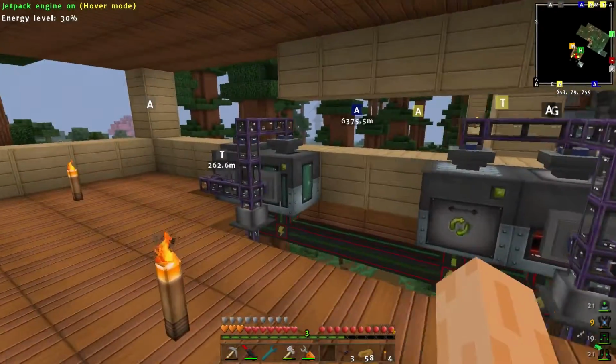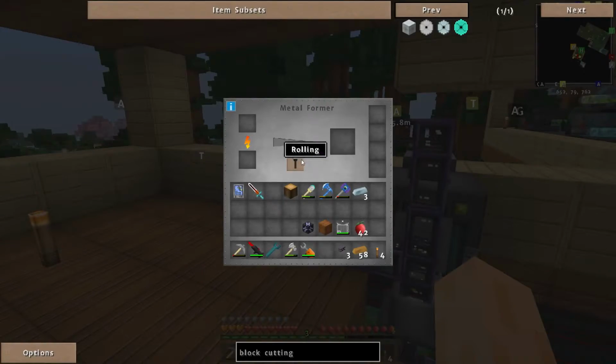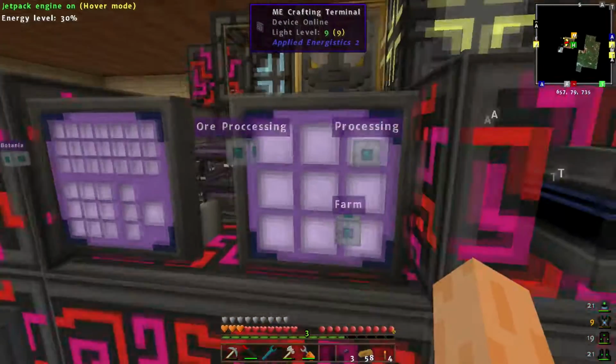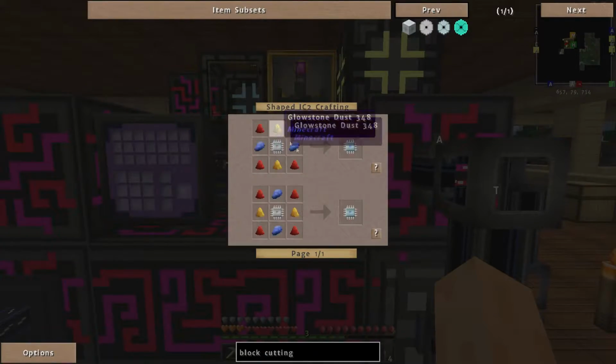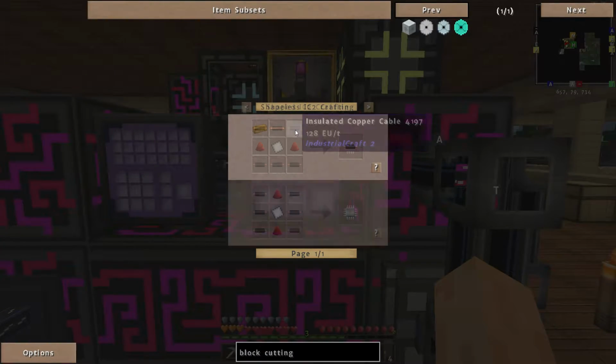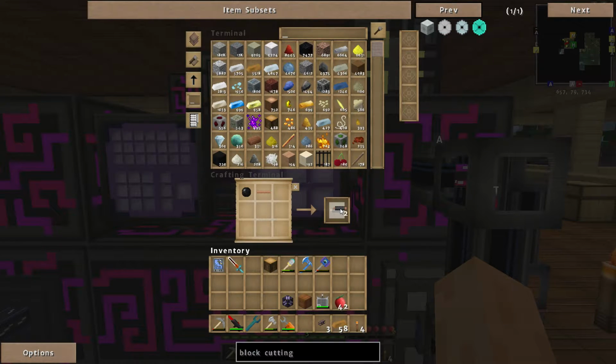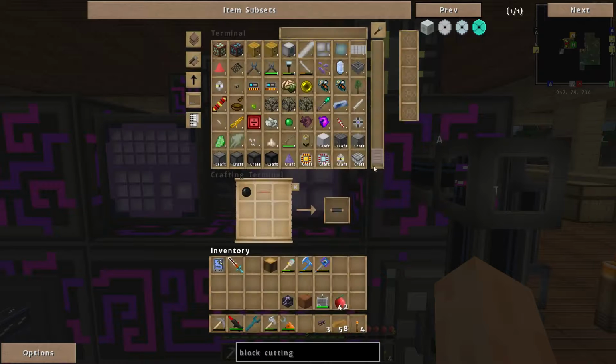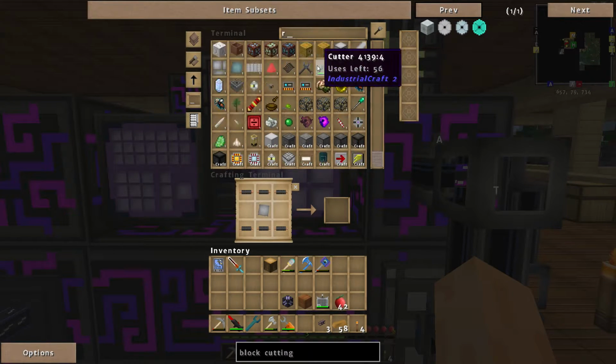So if we go over to here. We need to go to rolling, I believe. So that'll roll all of them up. Perfect. We also need an advanced circuit. So we need some insulated. So 1, 2, 3, 4, 5, 6. There we go. That'll make a bog standard circuit, which will all be going into...